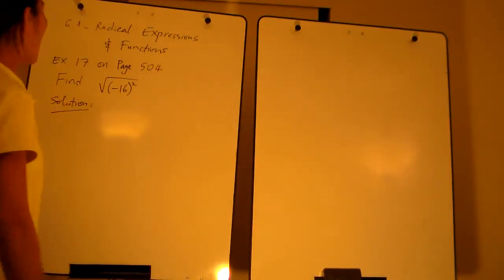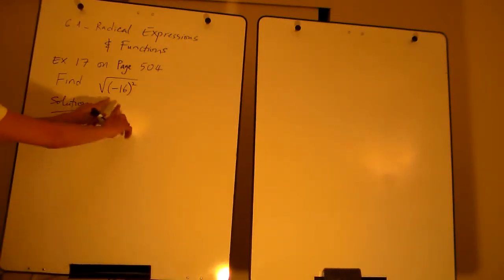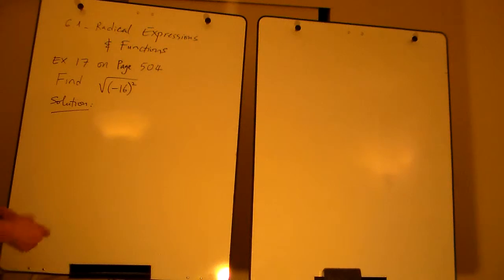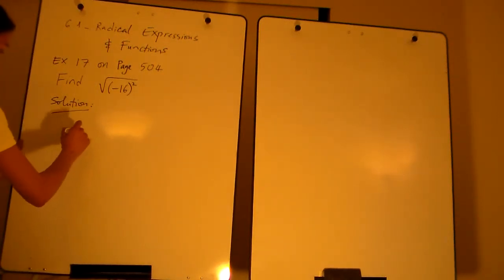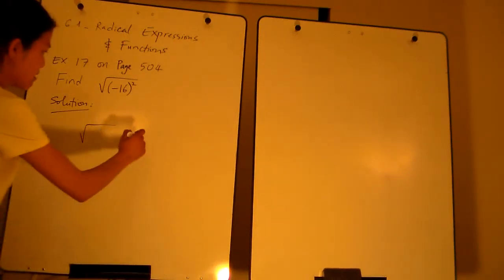Example 17 on page 504. Find the square root of negative 16 squared. Solution. When you see this symbol right here, this radical, it means